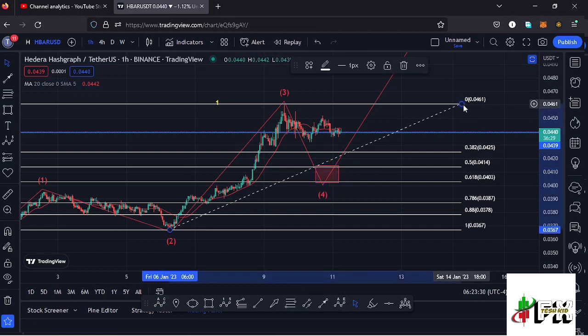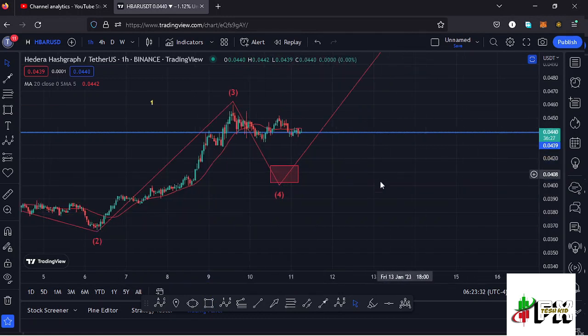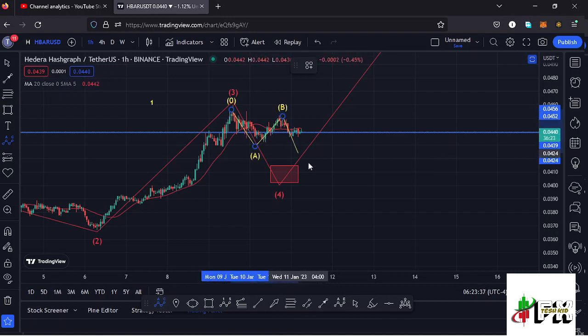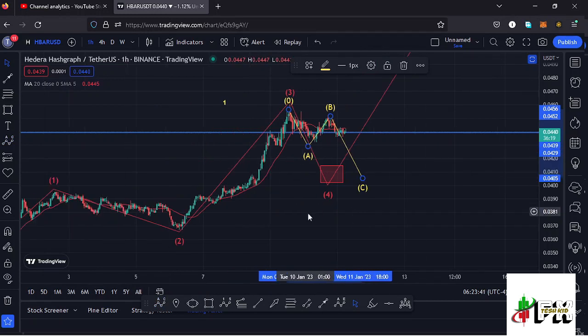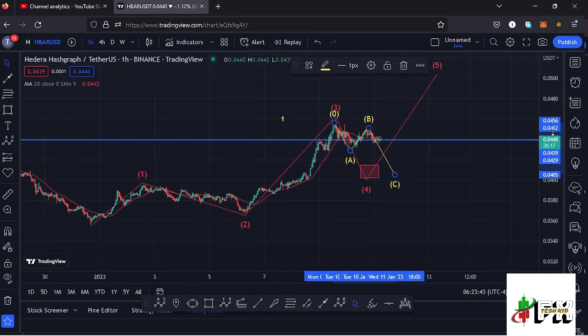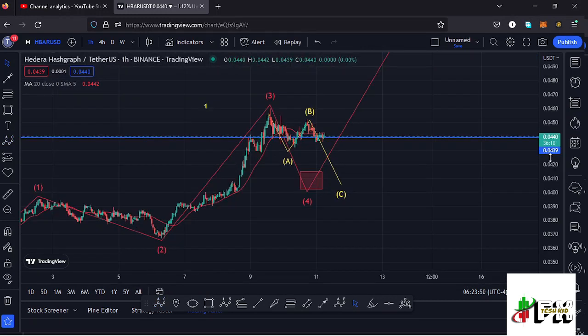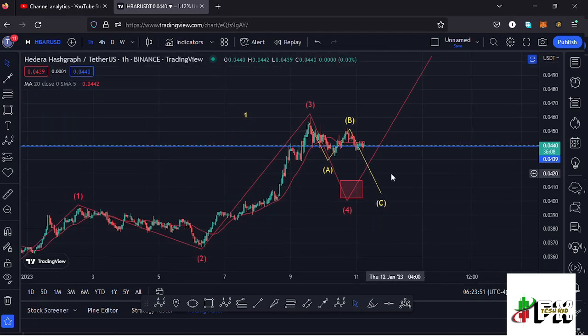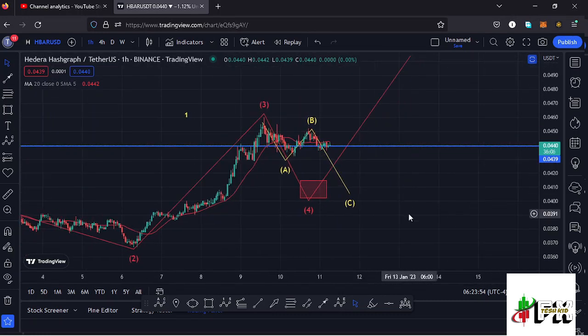And in the formation of that wave 4, which is a corrective wave, I will also be expecting to see an ABC corrective structure, having the wave C fully maximizing the formation of that wave 4 to the lower side. And that is what I'm expecting to play out here on the short-term scenarios. And for that to also play out, I expect Hbar to lose the key area of support at around the $0.0439 mark. And once we lose that key area of support, then we can continue pushing even lower for us to fully maximize the formation of this higher Elliott wave count wave 4